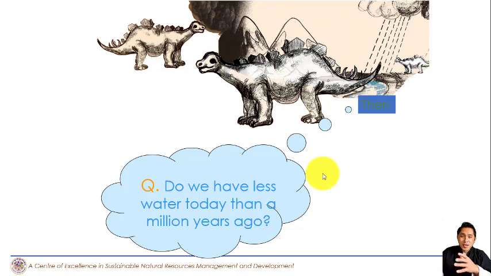Meaning today we do not have such giant animals living, giant plants, and giant creatures like dinosaurs living anymore. So are we consuming less, or is there only less supply of water as compared to previous? So that's the question that you need to think about for around 2 to 3 minutes, and the answer is